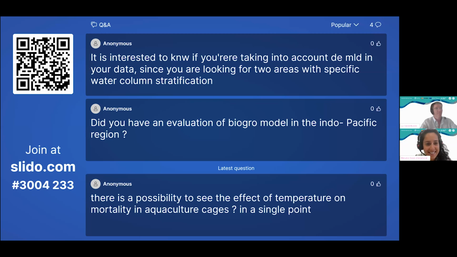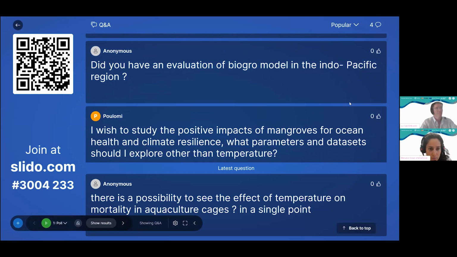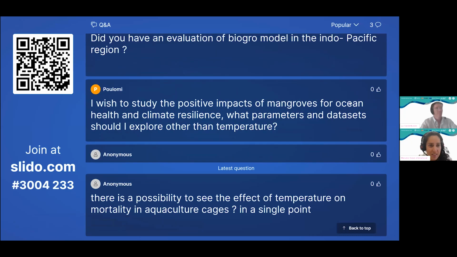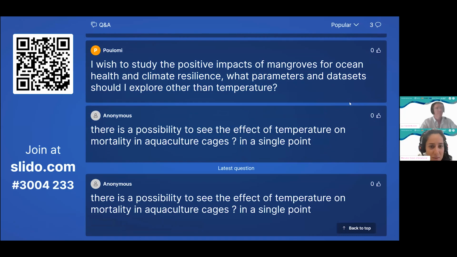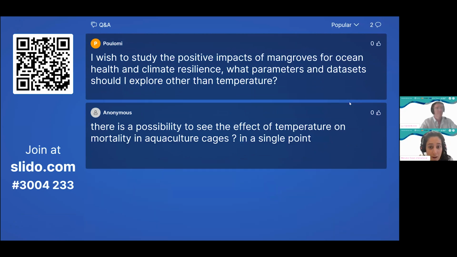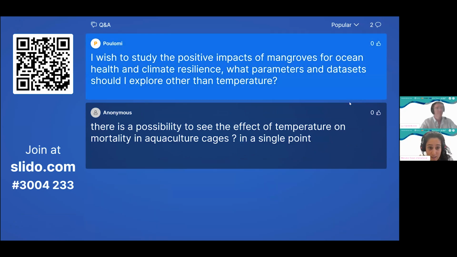For your answers. Great. So maybe I'll skip this first one. Yeah. Okay. So this one. I wish to study the positive impacts of mangroves for ocean health and climate resilience. What parameters and data sets should I explore other than temperature? Okay, maybe this is